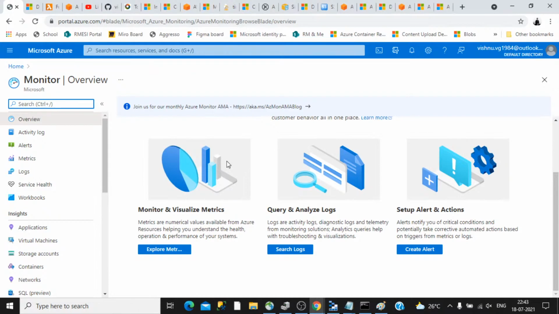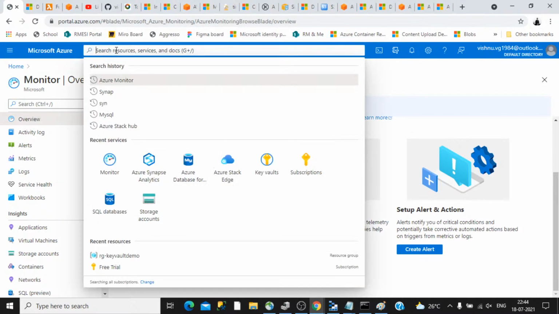So this can read the logs from your resources. There are different resources that you are creating. Not just from those resources, it can be from anywhere, from Azure as well as from non-Azure resources, or even from other clouds like Amazon or Google. So that way you can extend Azure Monitor, and you can extend that to analytics as well, which can be used for log analytics.